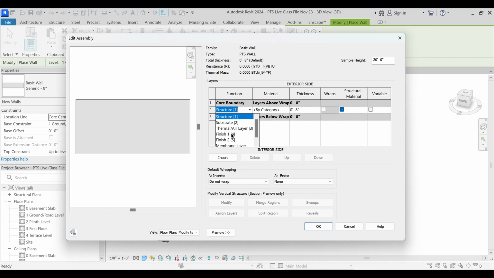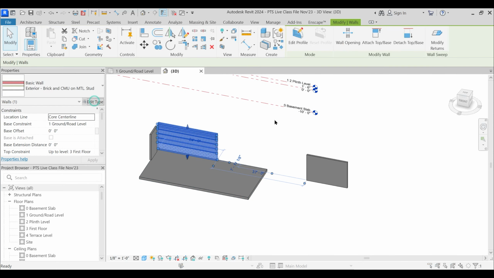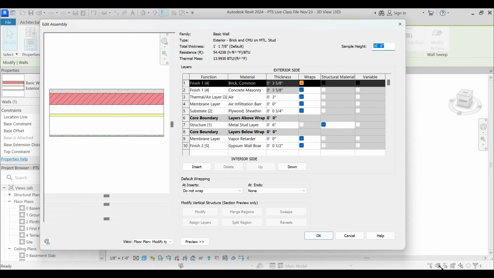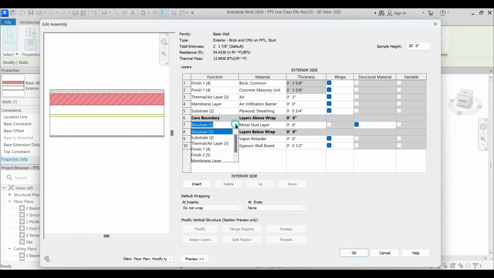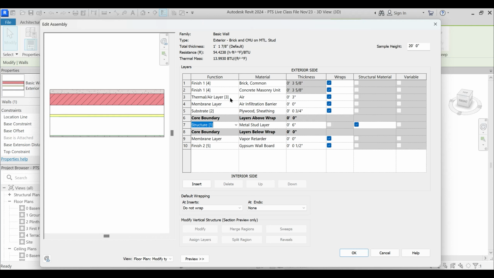But what I have followed, while selecting this wall and going to Edit Type and Edit, and I was supposed to explain this earlier, but I forgot, is this: whatever comes on the exterior side follows this substrate 2, then the membrane layer and thermal air layer 3, and finish 1 4. The membrane layer can be added on both sides, and what is added on the interior side follows this finish 2 5.